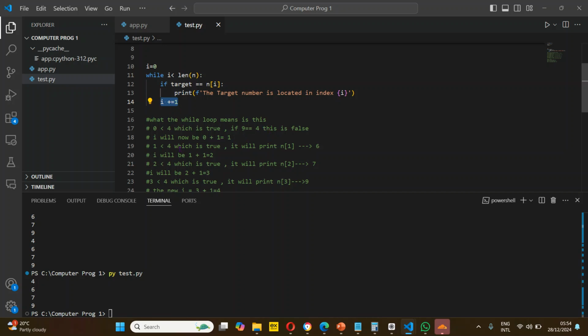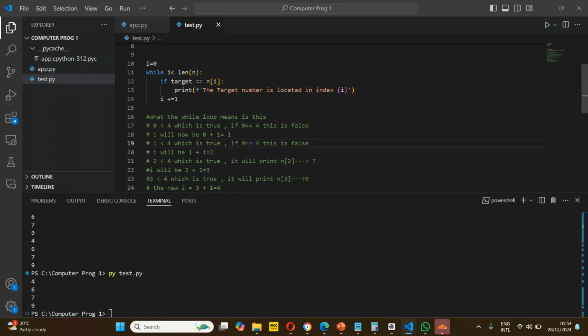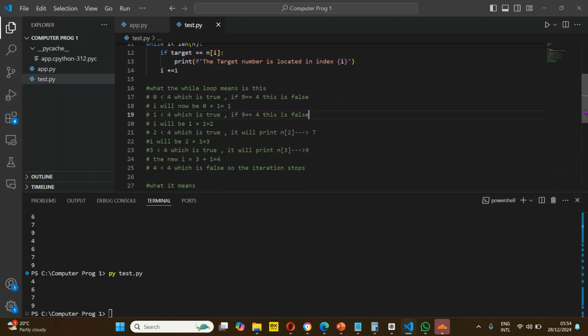So now 1 is less than 4, which is true. So it will do this. So 1 becomes what? Index 1, which is 6. Is 9 equal to 6? Which is false, right? So it comes in here, I becomes 2, right? So it means 2 is less than 4, which is true. So it will do this,